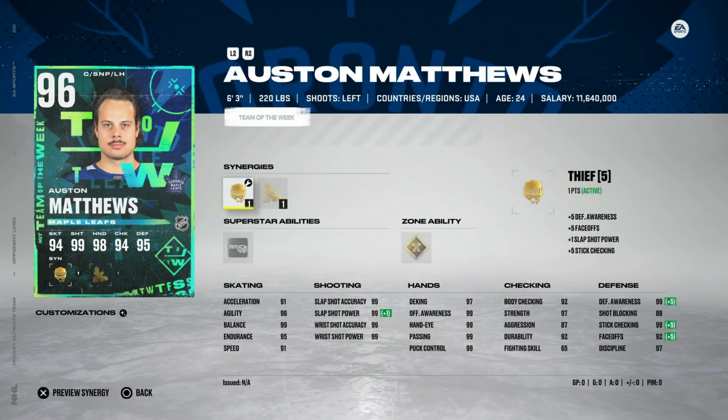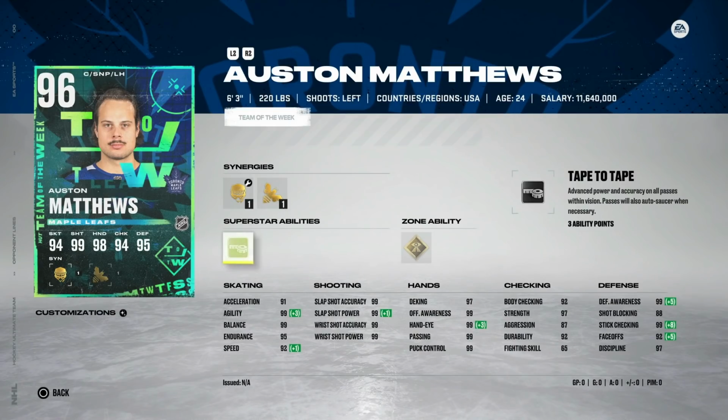Auston Matthews goes up to 96, and this is another reason why I just don't think the Auston Matthews X Factor is very good. So he has Thief, Buzzing, Tape to Tape. You can get this for a fraction of what the cost would be to upgrade Auston Matthews all the way up to his 96. And because his X Factor just doesn't have any good abilities, there's no real reason to spend all of the investment that you're going to have to get Auston Matthews all the way up to the end,